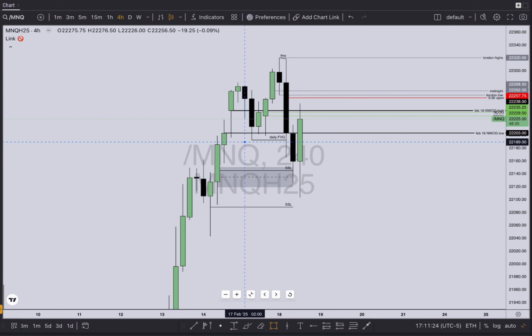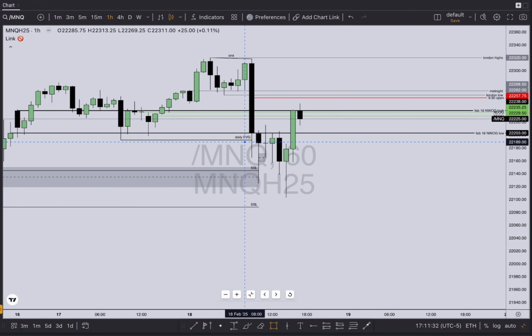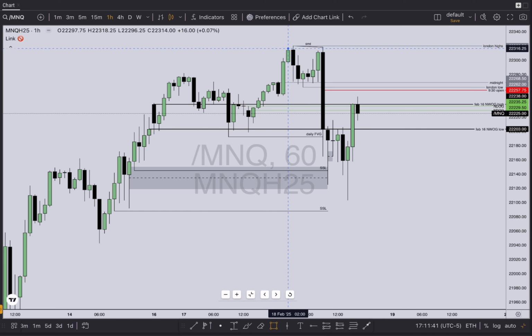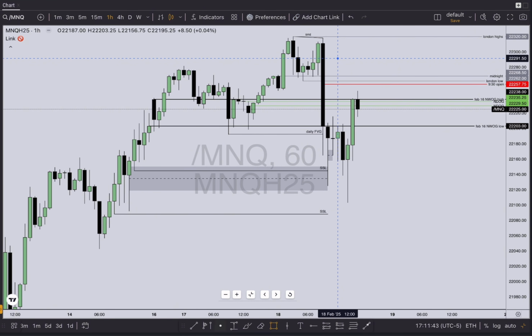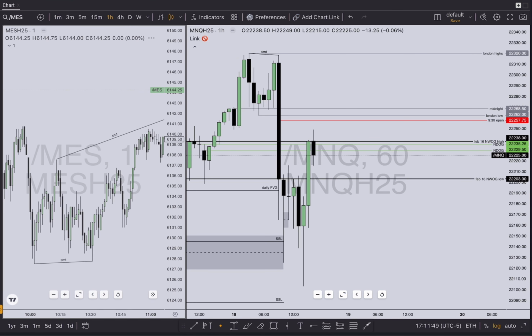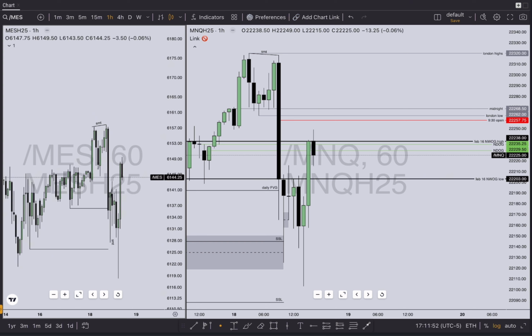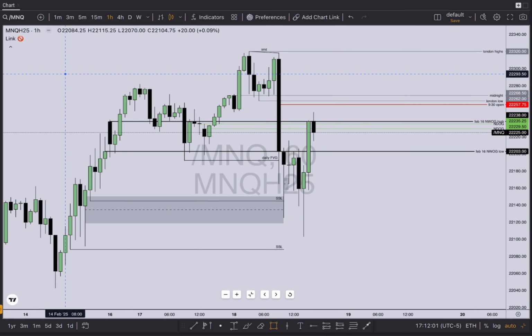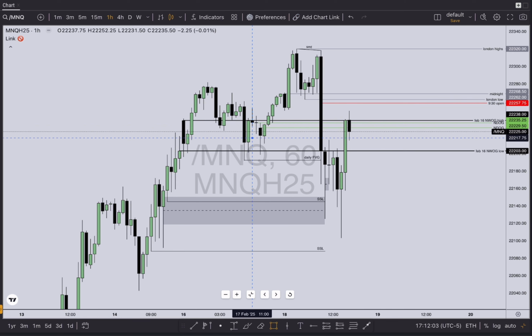Now we drop down to the 1 hour, see what we get on the lower time frames, right? All right, so 1 hour time frame. As we can see here, this was the 9 o'clock candle. Still, we had SMTs. We can see that on this hourly chart. If we pull up ES, go to the 1 hour chart, we can see how we had SMTs right here. ES made a higher high, whilst NQ made a lower high. So that's right there, just giving us even more confirmation that we're looking to sell short here on the session